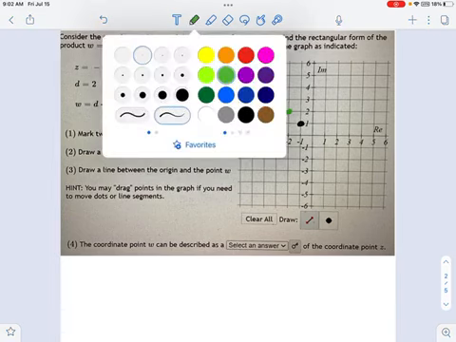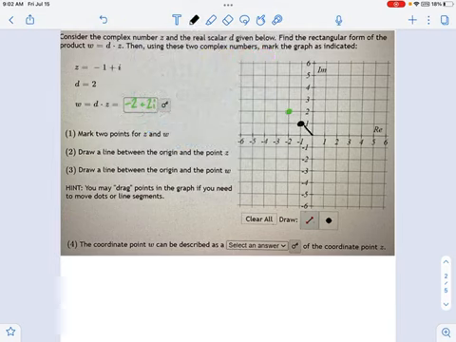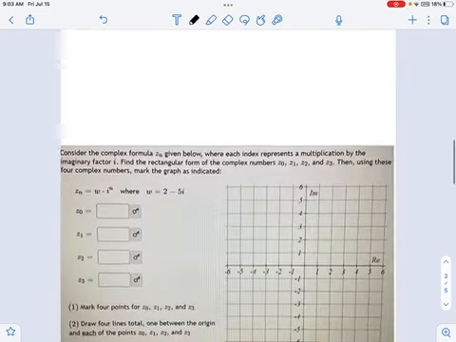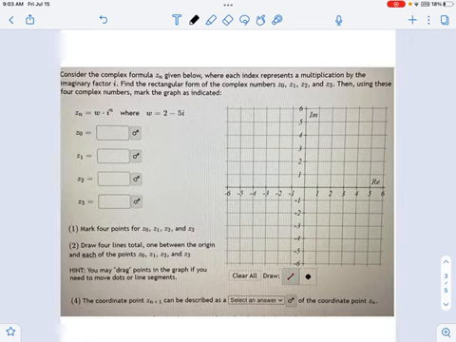So if we plot lines for these 2 points, and this might be a little bit tricky because they're on top of each other, but here's what we're getting. There's one, and here's the other one. So you can see what's happening here is this is a scaling by a factor of 2. In other words, it's getting bigger. When you multiply by a real number, all you do is you take that complex image that you have there, that line and the dot, and you simply stretch it out. So we've got a stretch by a factor of 2 in this one. That's what multiplying by real numbers does. Multiplying by complex numbers is rather more interesting.